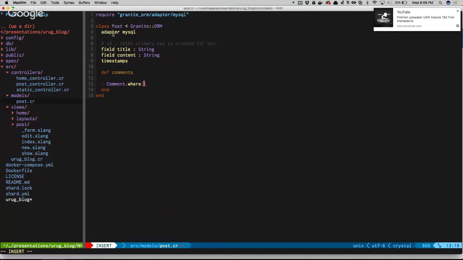We don't actually have full ARL syntax, but we could say where post ID equals self.id.